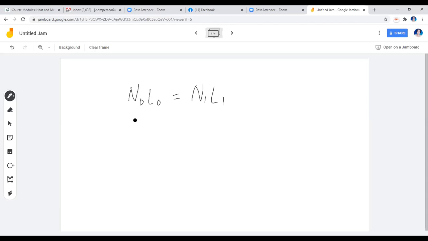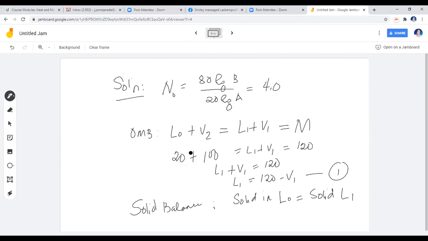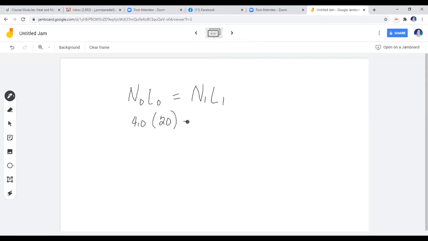So we determined this already as 4.0 and we already have L0 as equal to 20. Is that right? L0 is 20 because it's only A that we're going to account for L0. And 4 is already determined here. Then we have N1, which is stated in the problem, a constant of 1.5 kilograms B per kilogram solution. Then you have L1. In this case, you now find L1. So that's using solid balance. So you have 80 divided by 1.5. That should be 53.33